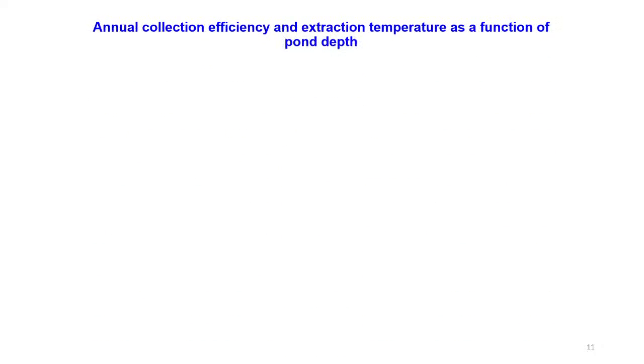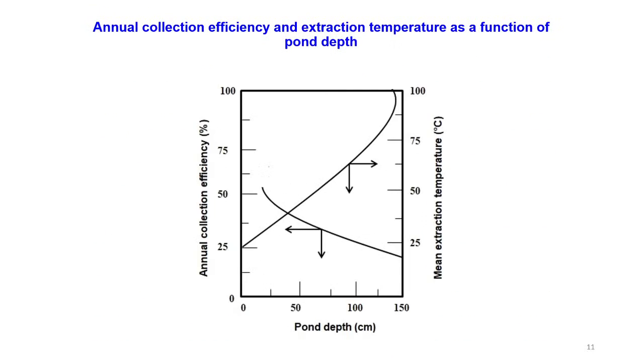See here, in this graph, as you can see, the vertical axis shows the annual collection efficiency, the secondary axis shows the mean extraction temperature, and the horizontal axis shows the pond depth. Okay, so this curve